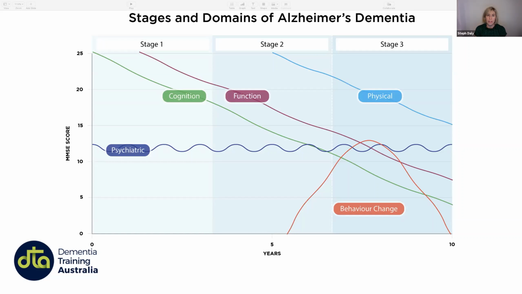What we're aiming for is to really diagnose people back in stage 1, so we have some impact to slow the rate of cognitive decline, and also allow families and the people living with dementia to plan for this messy stage. It still happens, but it's a much smoother transition if you know it's coming and people are alert to the signs and symptoms or the changes that might be associated with it. And therefore, management of this can be much better, and the patient or person living with dementia has a much better experience.